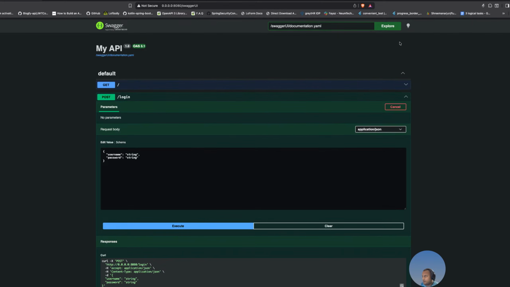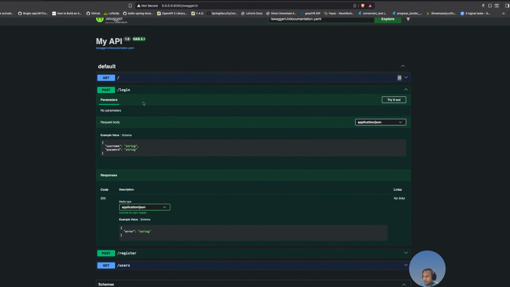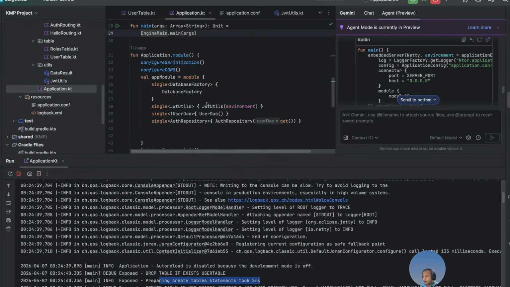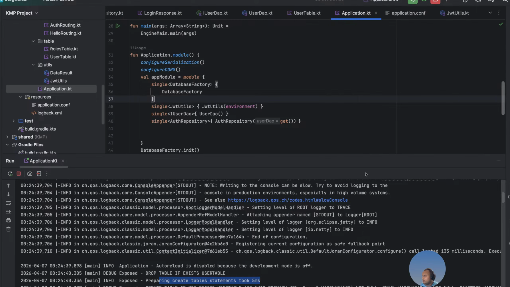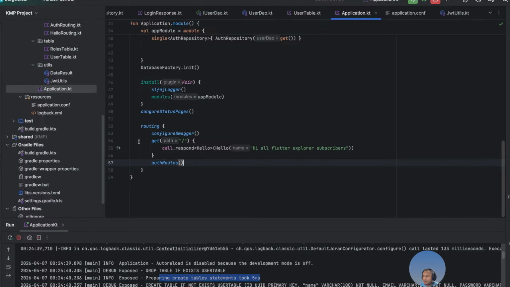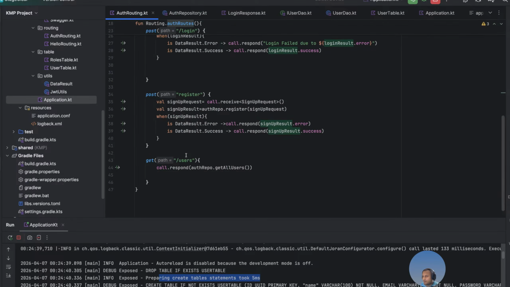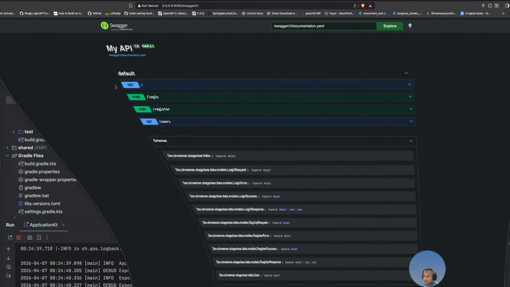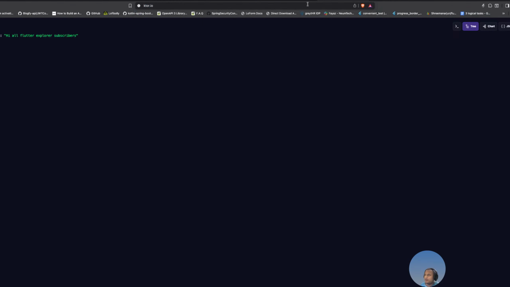But we need to think of how to add the authentication here, and how to access a protected route itself, right? So most of the things we have done till now are for this JWT to work, right? So we have some auth routes now. So to make sure that some routes are now protected, we'll need to check how authentication works in Ktor. So we can say we'll go with the ktor.io, and we need to go